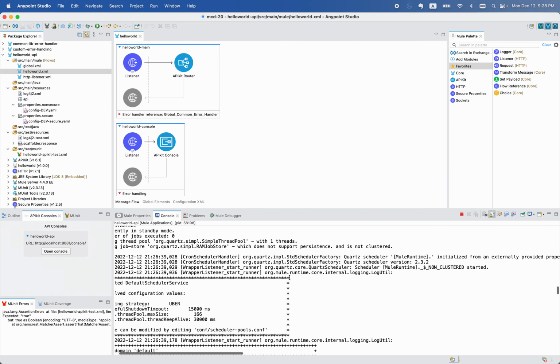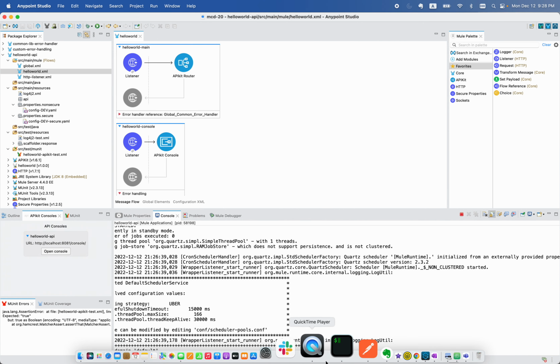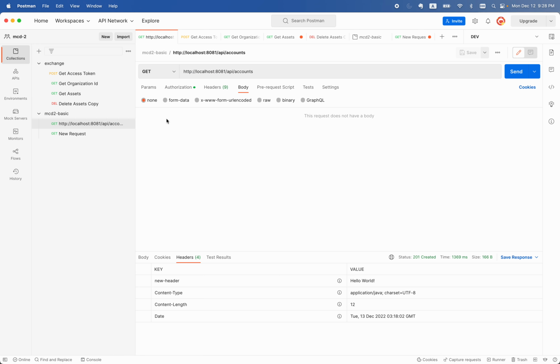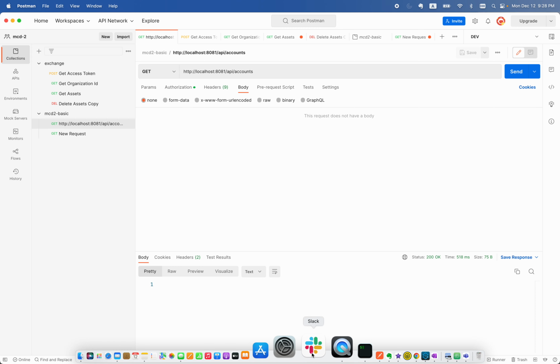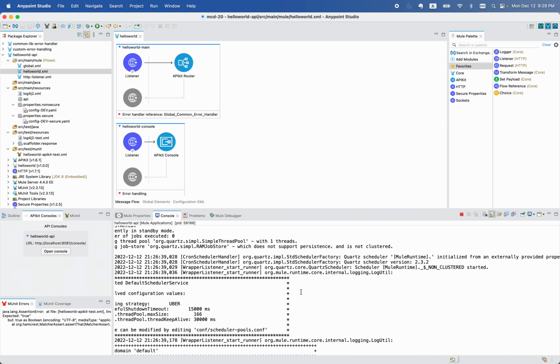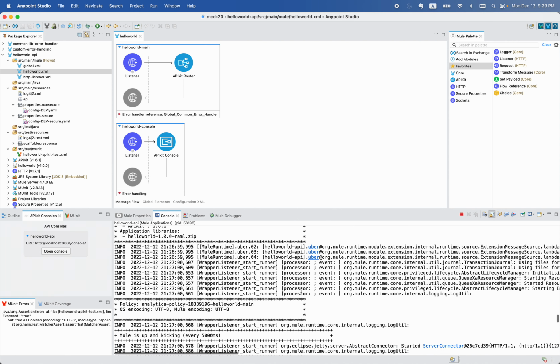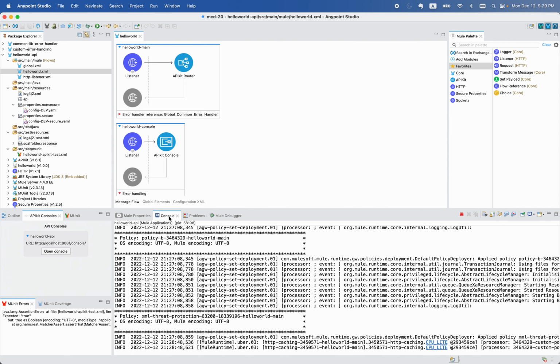So now I apply the policy. Remember, policy A will run first, B will run second under normal conditions. But this is not a normal condition. Let's see what happened. Remember that before, the body is like this, right? Now let's take a look. Let's send it. You see, what is happening is I don't get anything really. And if you look at the log,